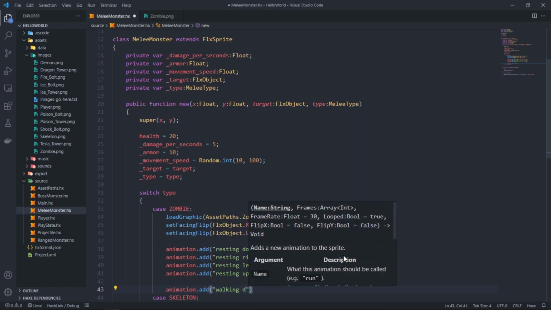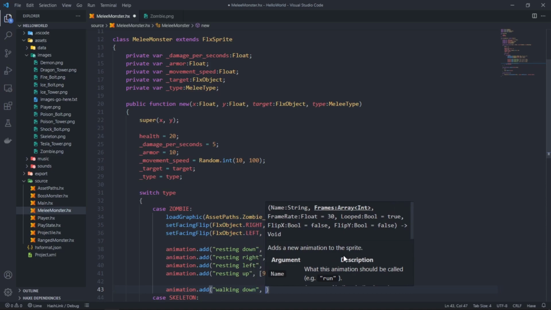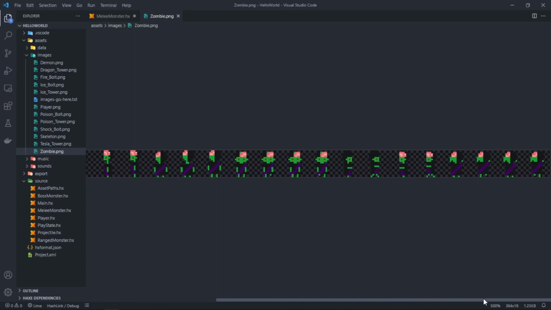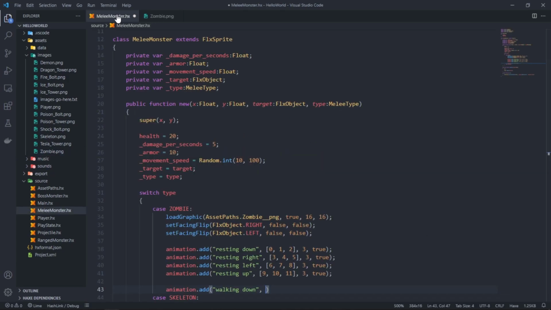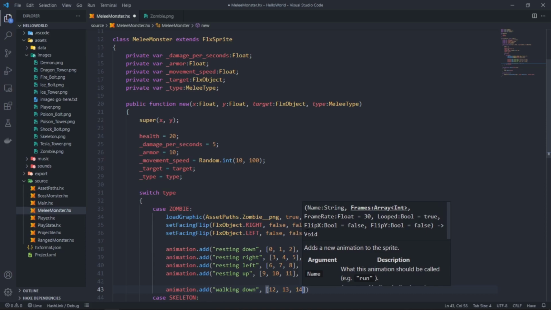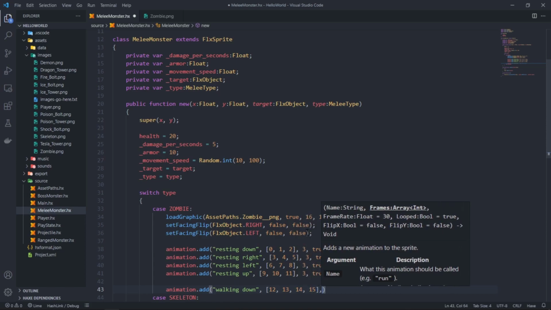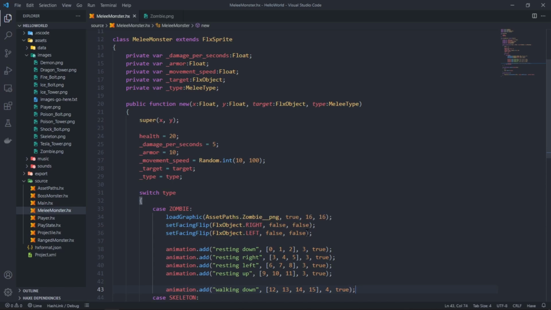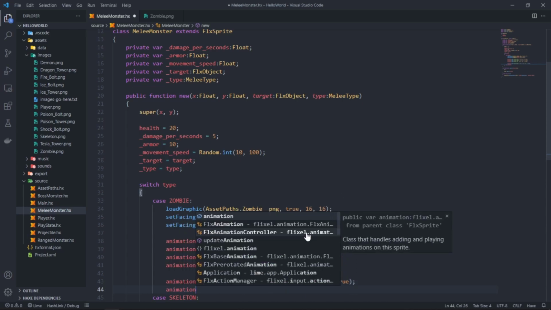Walking down. Let me just scooch this up. So for walking down, we have 1, 2, 3, and 4 animation frames. So we can say it is 12, 13, 14, and 15. It is 4 animation frames and it is looped. So animation dot add